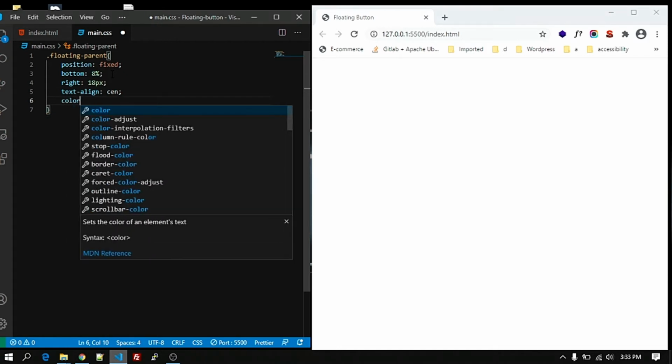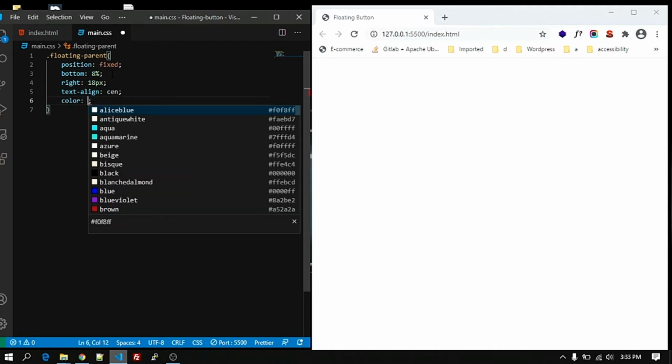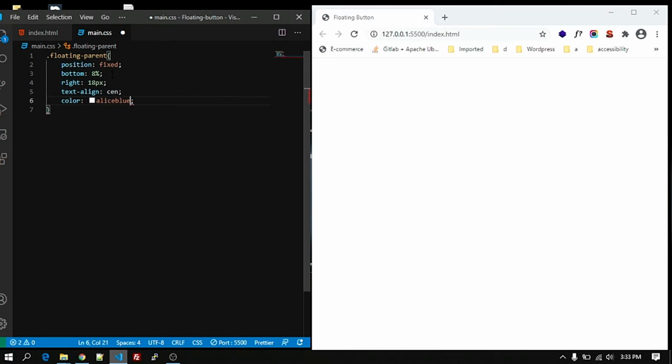The color will be 00778B. So we are going to use this color across this floating button.